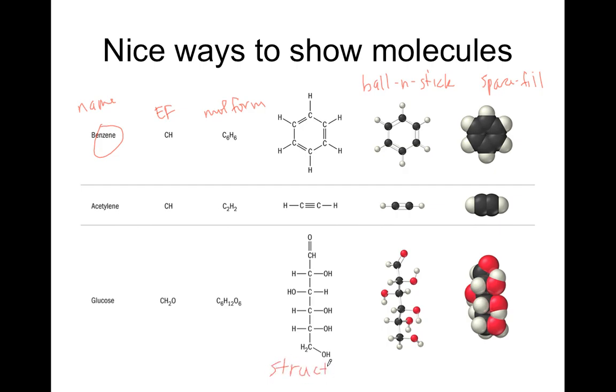Structural formula tells us how they're connected, right? Ball and stick gives us some sense of what they look like. And space filling, wow, you can see with space filling, we end up giving so much information that we end up losing information with space filling because it's hard to see how things are connected there. Okay, hope